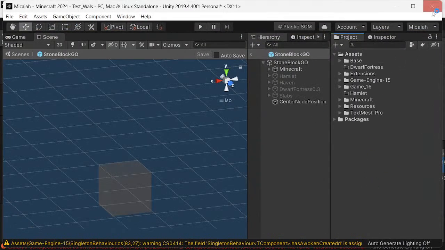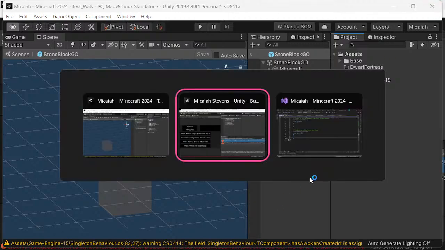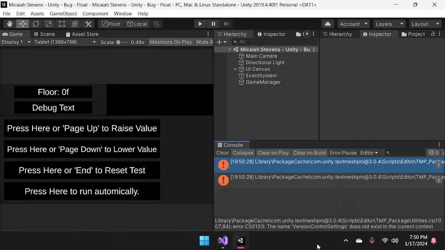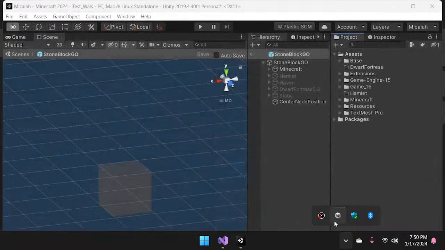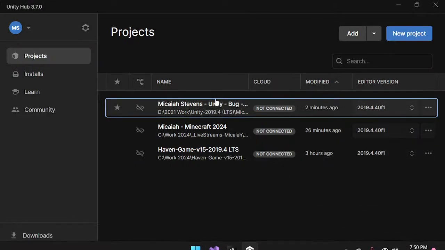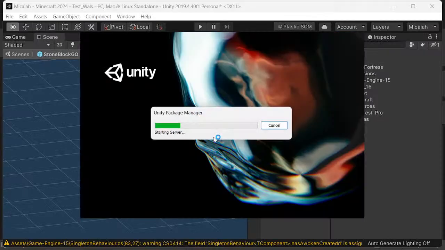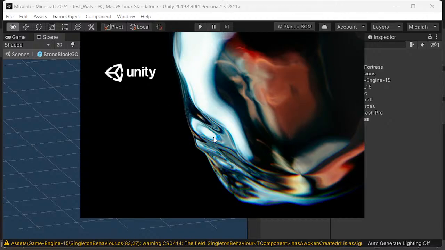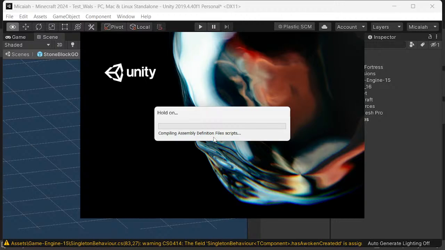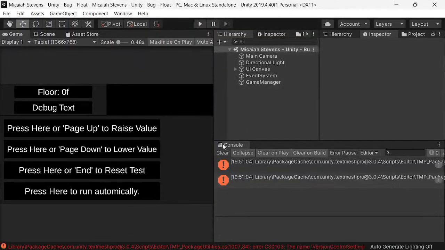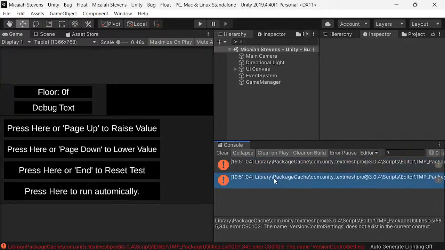Let me close that. But I'd be like, okay, Unity, I'm Micaiah Stevens. I'm your UCO. They're like, what's your first request? And I'd be like, well, I'm stuck in 2019 and I hate it. I want to be in 2023. So in the new 2023, I want you to get rid of the stupid bar as an option. We're going to set it by default, right? And we're just going to get rid of